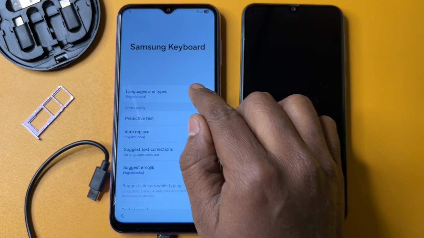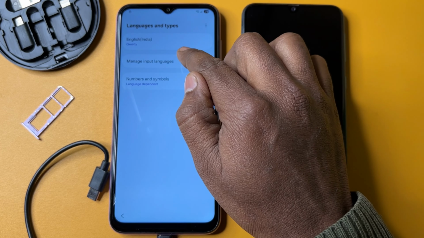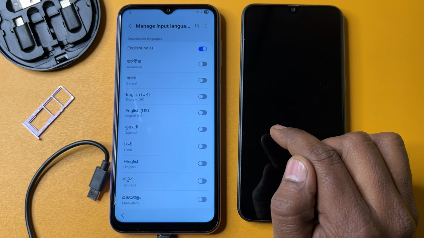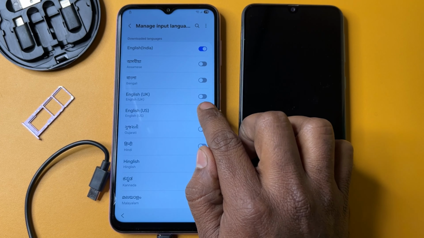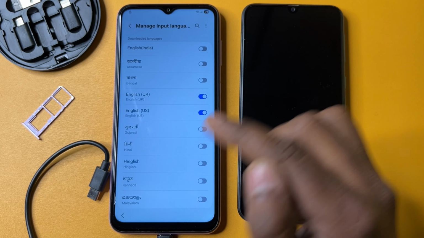Go back to the first option, languages and types. Click here to open this, go to manage input languages, and after that select the same English US with English UK and deselect all other languages here, and after that go to the